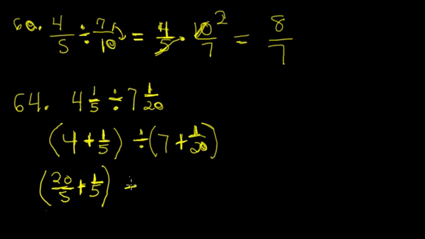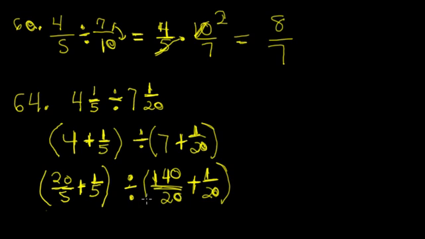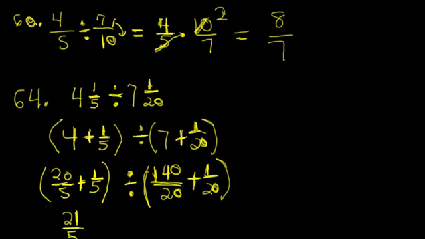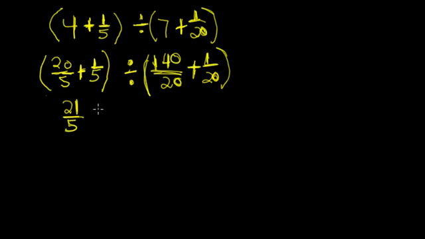And then how many 7/20? Well, there's 140 20ths, and plus 1/20. So there's our two numbers in this division. And so we add these together and we get 21/5. Let's pull this up so we can see it here. There we go, 21/5 divided by 141/20,